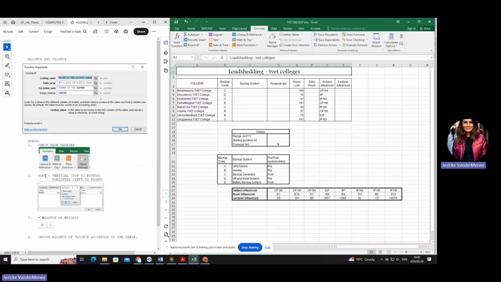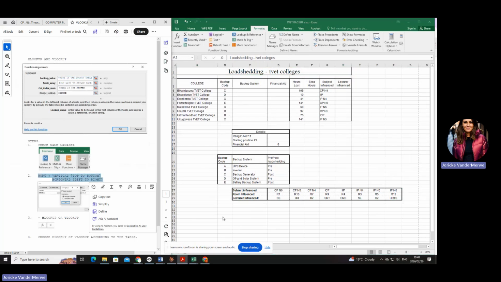Then the second thing that you need to always do when you do VLOOKUP and HLOOKUP is to look at your values. Is it in alphabetical order or not? If you're working with years or something different, is it going from small to big? Because remember, this is a machine. It goes from the first one all the way down. I hope you can see that the vertical lookup goes from top to bottom and the horizontal table goes from left to right. That's why I said here, vertical, top to bottom. When it's a horizontal table, it's going to be left to right.